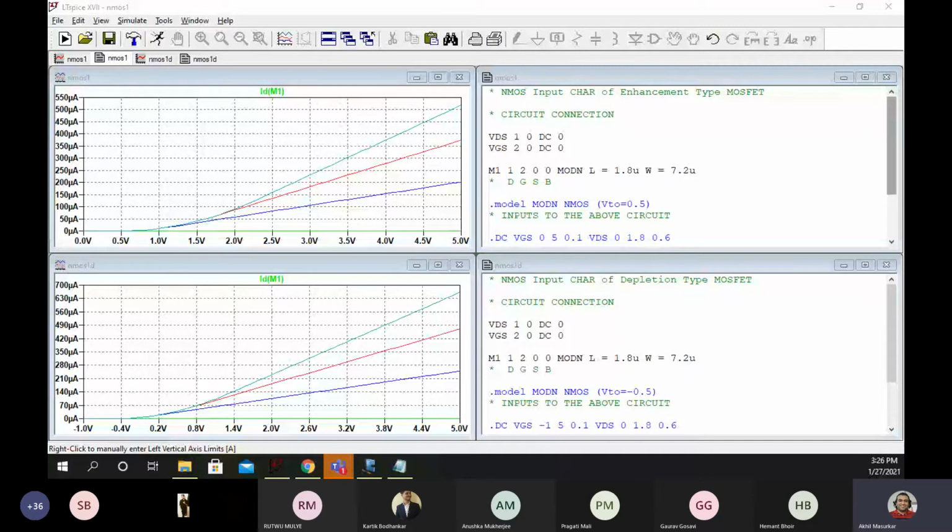Which is enhancement and which is depletion type? Okay, the above one, the D1, is the depletion type, right? Yes, correct. Good. Shruti is the first one to answer this.